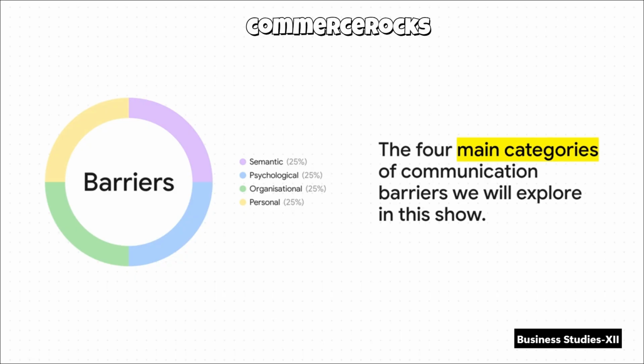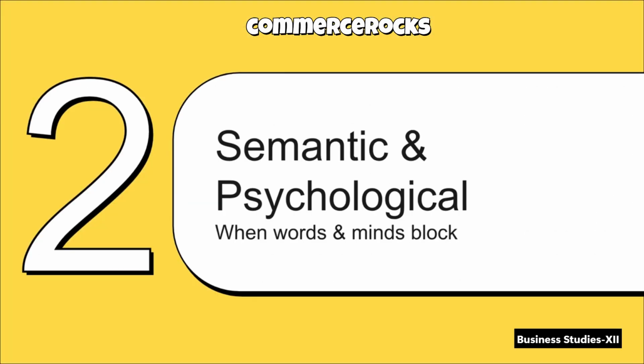You've got semantic barriers, which are all about the words we use. Then there's psychological, which is what's going on in our own heads. We've also got organizational, which is about the systems we work in. And finally, personal barriers, which come from our own unique attitudes. Let's start with the first 2 categories, because these are probably the most common culprits. We're talking about the words we choose and the way our own minds decide to process or not process the